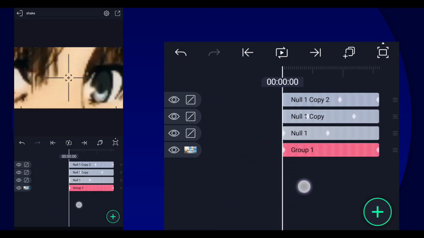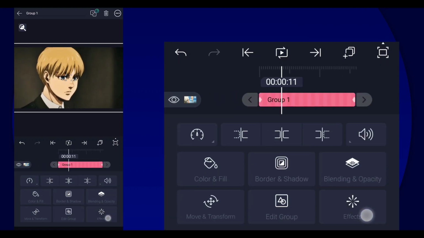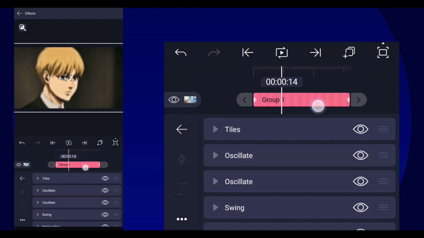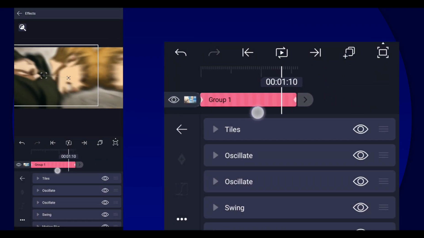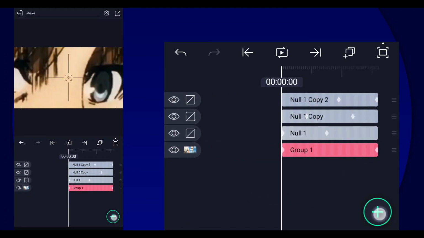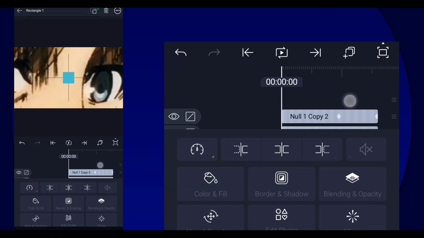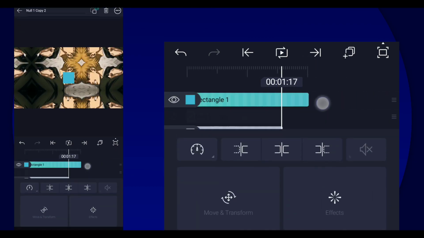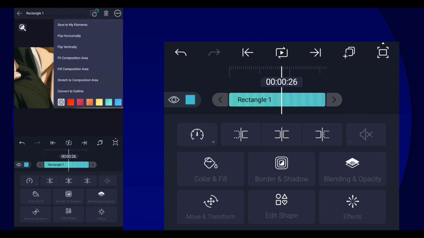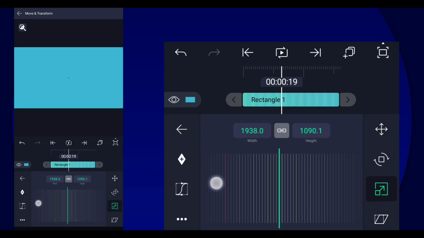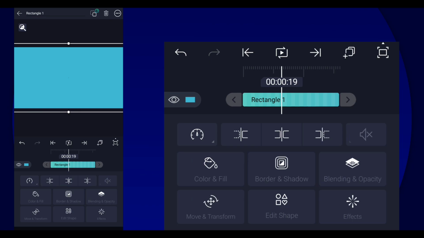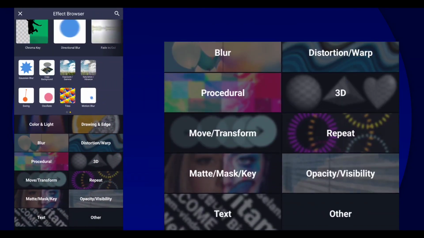And next thing, or last thing that you're going to do is add a blur. Alright, you can just stick with the motion blur effect, but if you have the premium, you might as well do the same thing I did here because it's much better. I'm basically doing like a manual blur, but it's really hard to explain, so I'm not going to. But yeah, basically here's how I did the manual blur. I'm not gonna be explaining it, so you can just watch me do it.